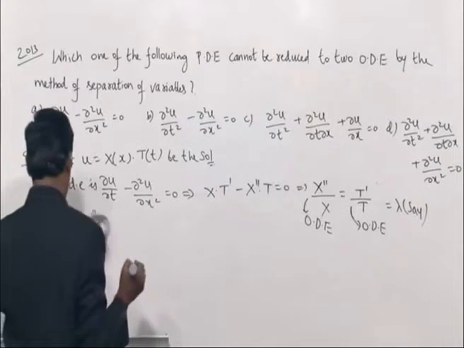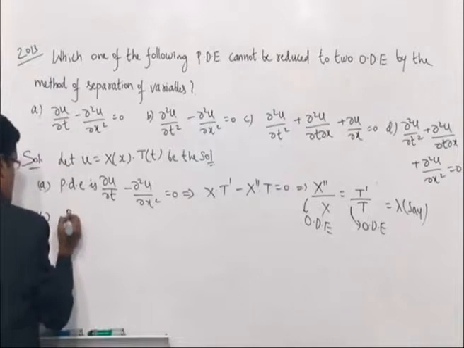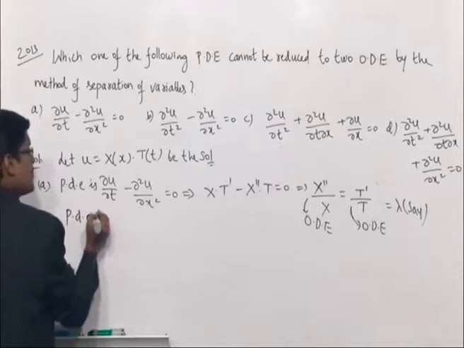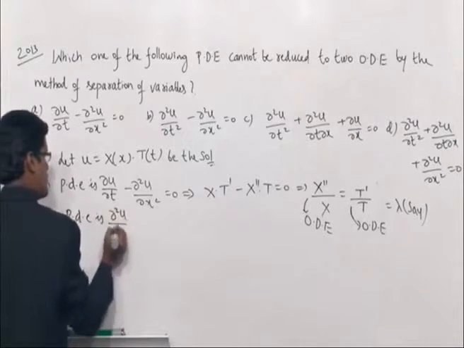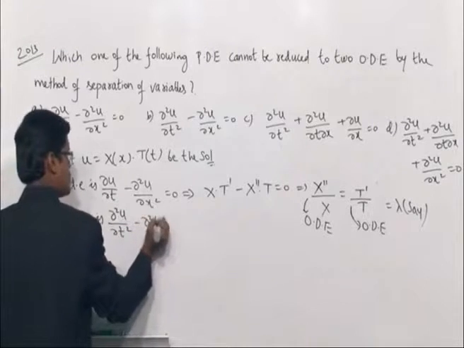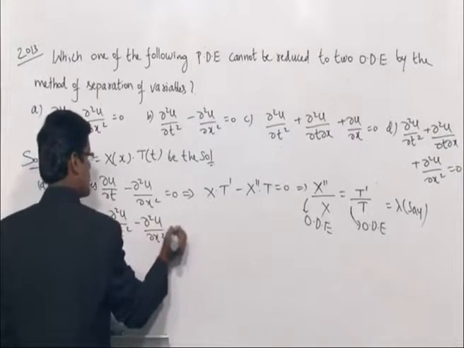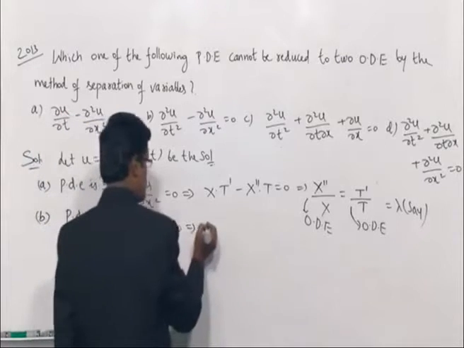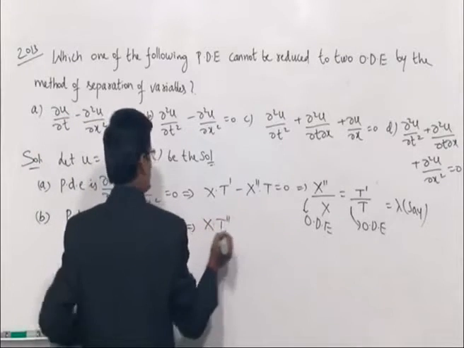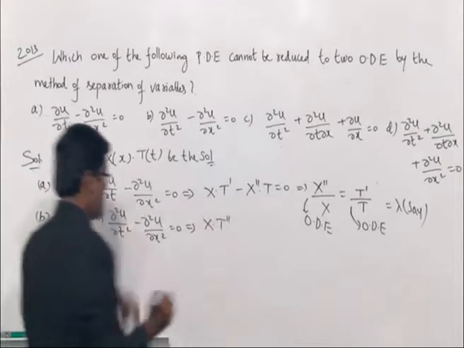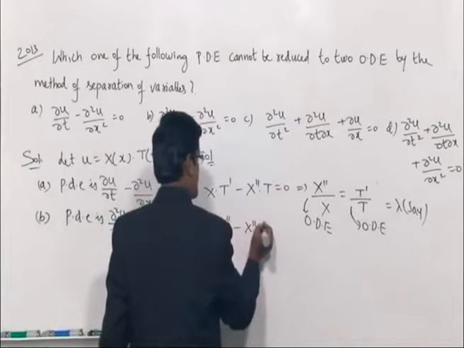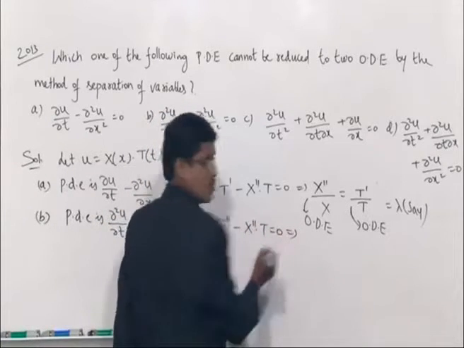Okay, first of all, t is dou dot t square, yes, dou square dou is equal to 0. This simplifies to x into t with the help of assumed solution minus x dash into t. So this simplifies